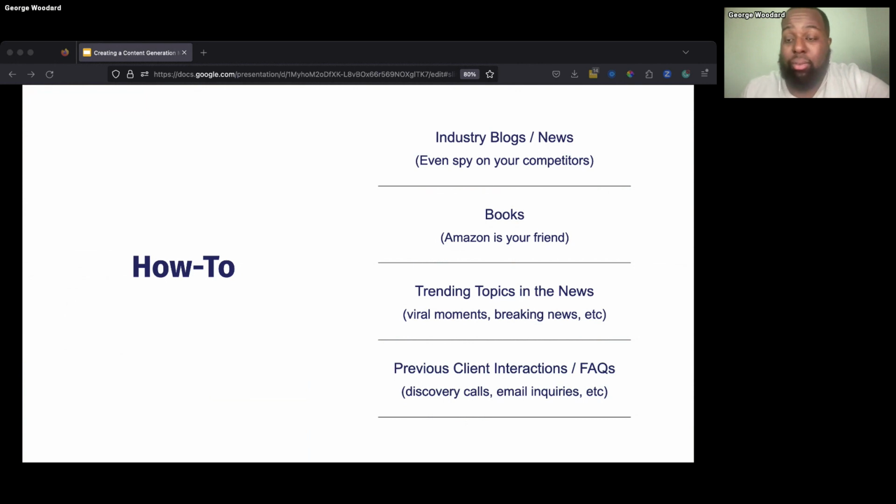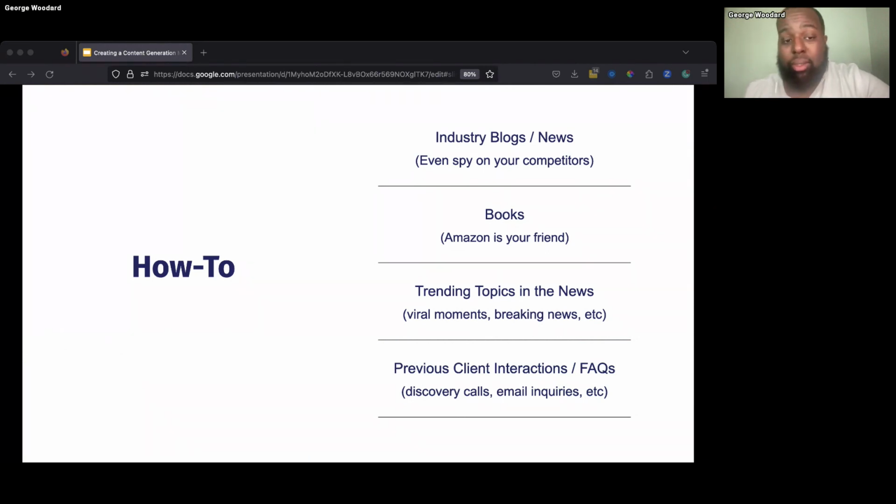And just like you would do if you were in grade school doing a research paper, coming up with your own idea of what that particular piece of content was about. Books is a cheat. It's one of those cheat sheets that are hardly ever talked about, and I'm telling you, it's very, very useful. And moving forward in a second with the content repurposing, using books can help you generate the ideas, and then using AI can leverage repurposing to be able to come up with your own content. So books are an amazing way.